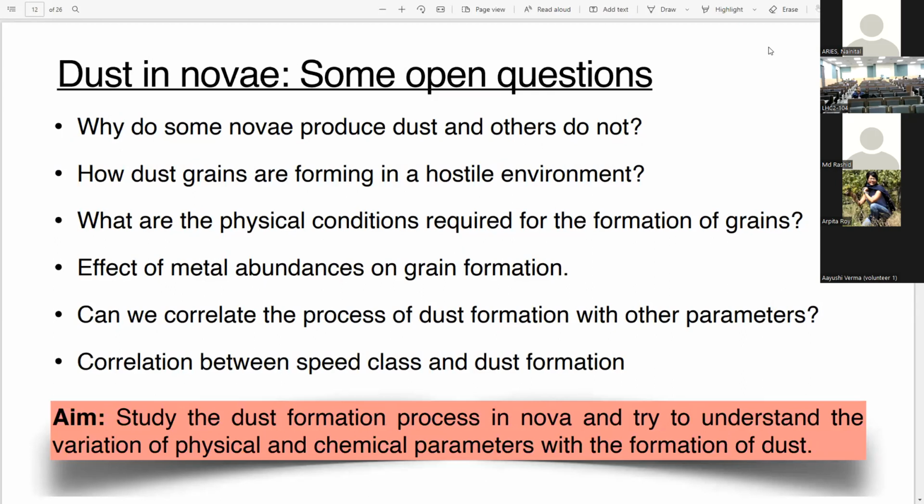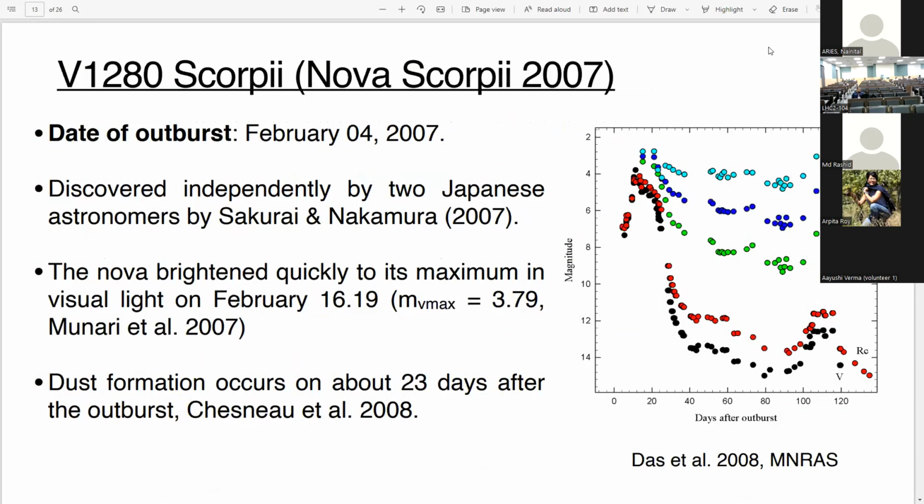So here our aim is to study this dust formation process in novae, and we try to understand the variation of different physical and chemical parameters associated with the formation of dust in novae. As a part of this work, we have studied a dust forming nova candidate, V1280 Scorpii. It was observed in the year 2007, and the magnitude at maximum was 3.79. The interesting thing about this nova is that about 23 days after the outburst, the nova started showing the signature of dust, and that can be clearly visible